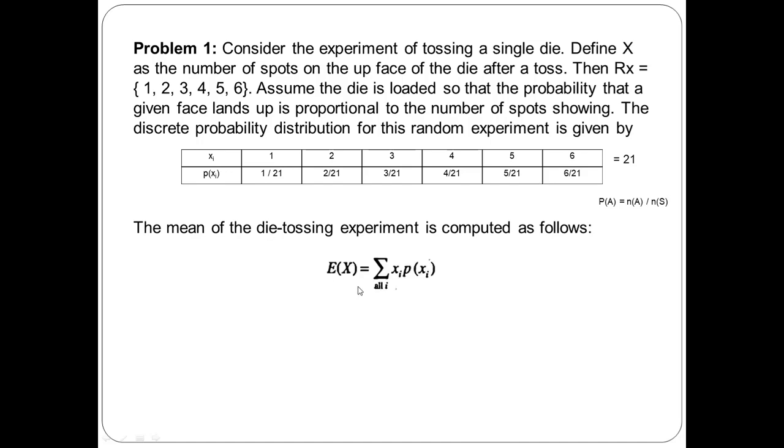So to compute the mean we will use the discrete variable formula, तो यहाँ पर ये फार्मूला है, sum of all the value of x into probability of xi। इसका मतलब सबसे पहले हम x और probability of x की वैल्यूज़ को मल्टीप्लाई करेंगे, उसके बाद इनका हम सम निकाल लेंगे, just like 1 into 1/21 plus 2 into 2/21 plus 3 into 3/21 and so on। After calculating this we will get 4.33 as expected value of x।